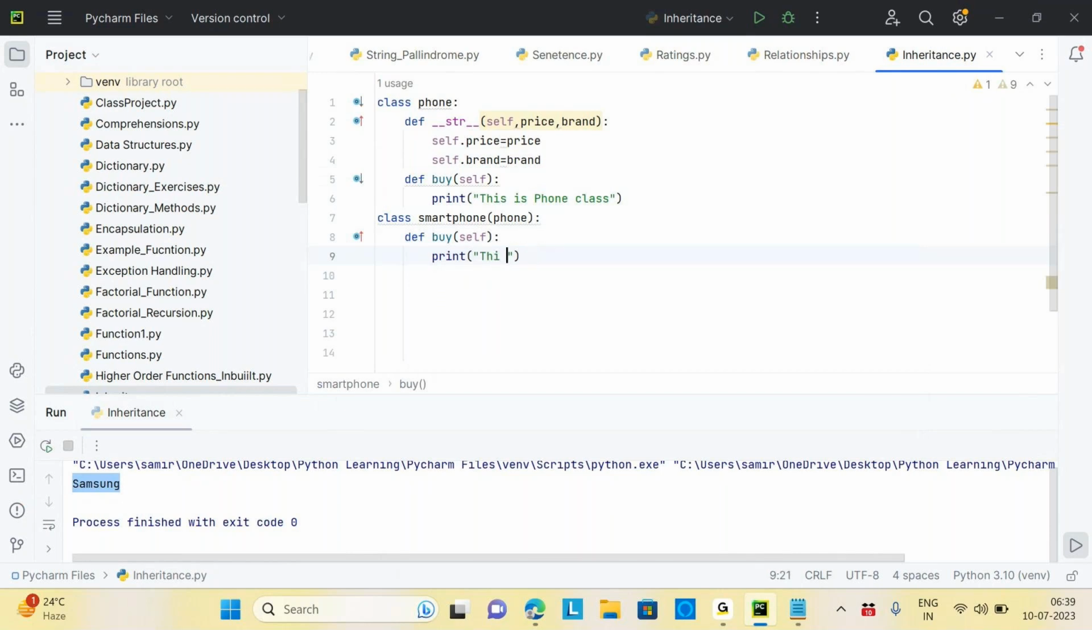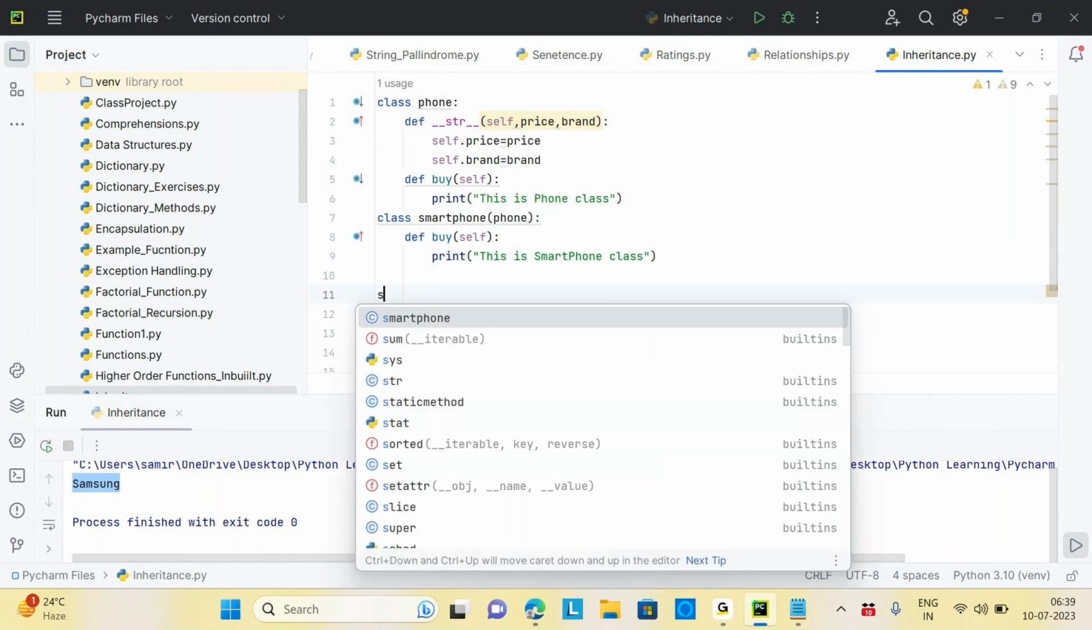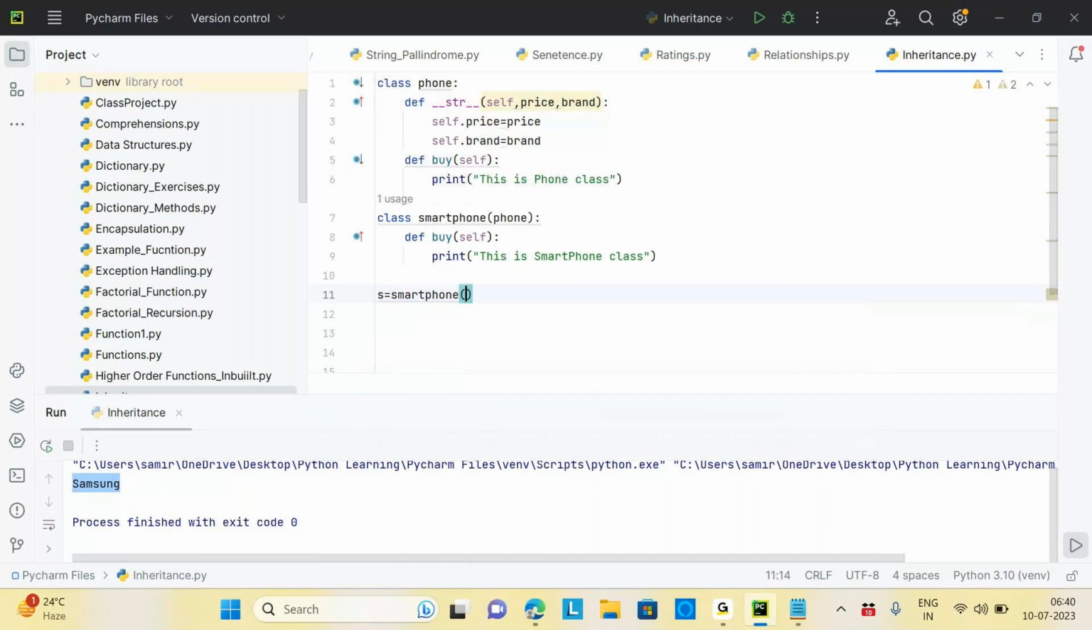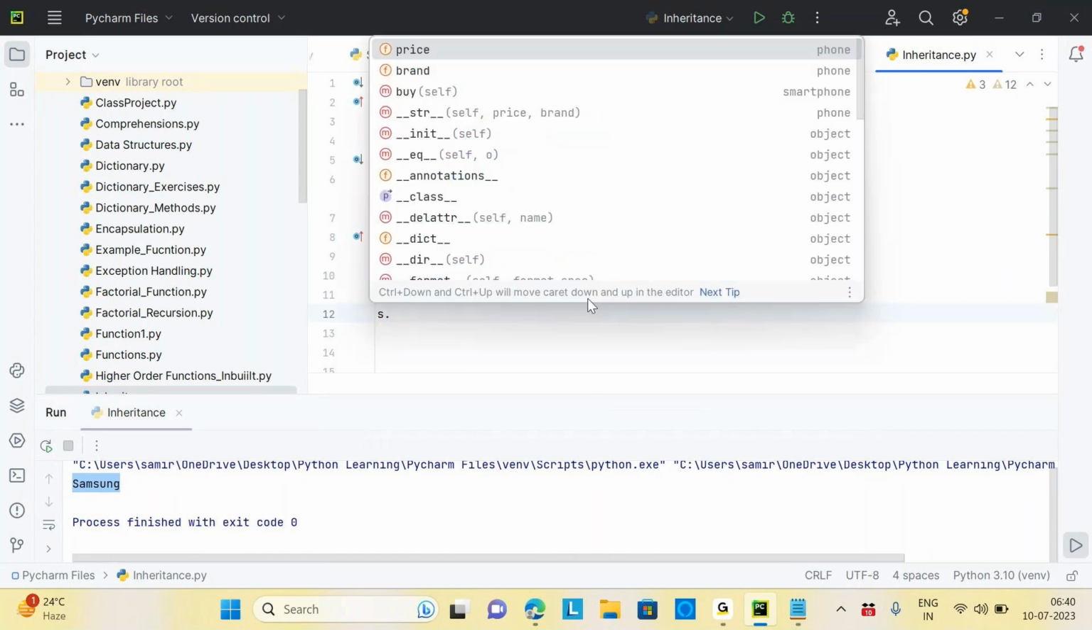This is smartphone class. Okay, done. Now let's create an object of Smartphone. And inside the smartphone, I need to pass price and brand because it should be inherited from the phone itself. Now price, let's take 1000, and let's take the brand as iPhone. iPhone is a phone brand, but it is a smartphone. Now think, if I use s.buy,